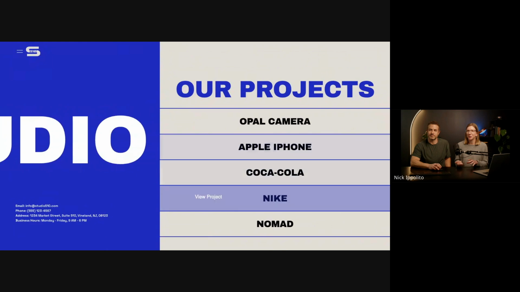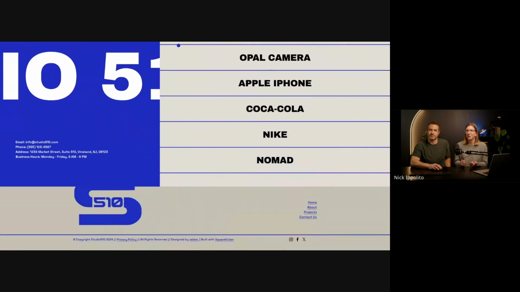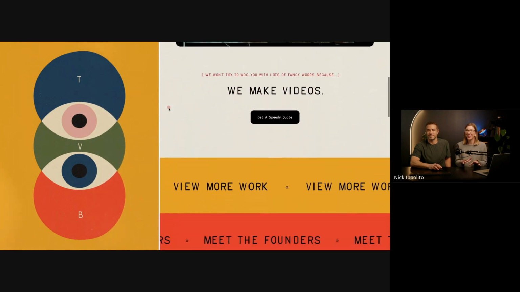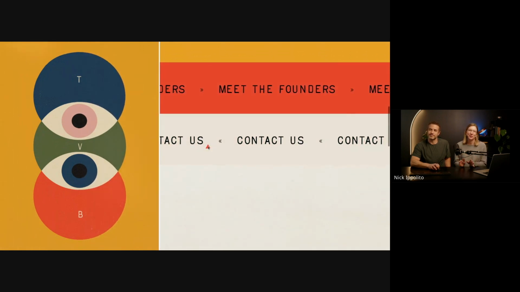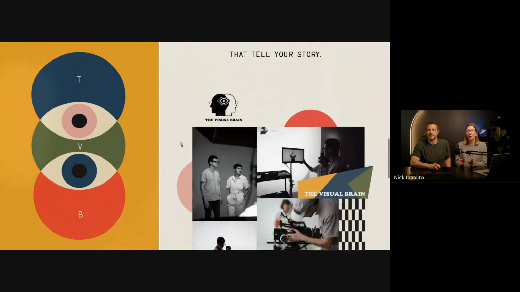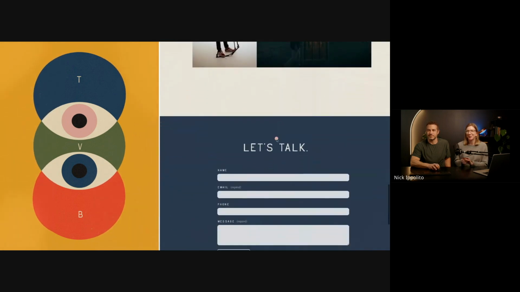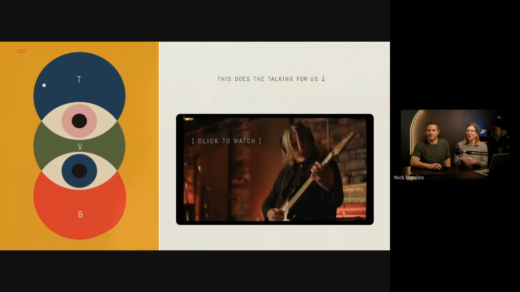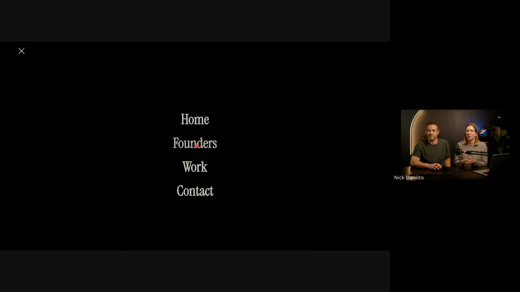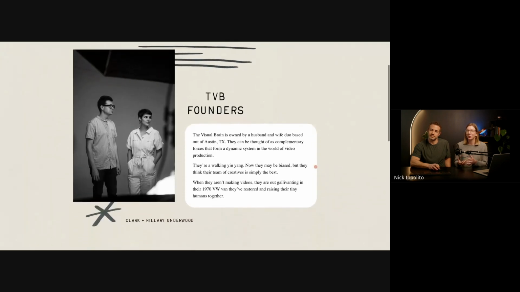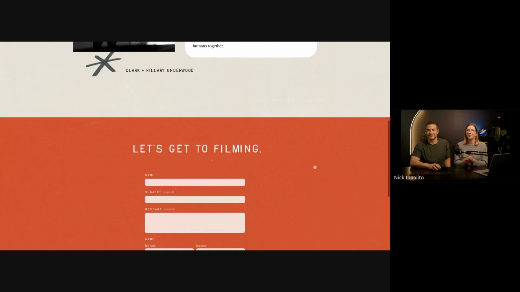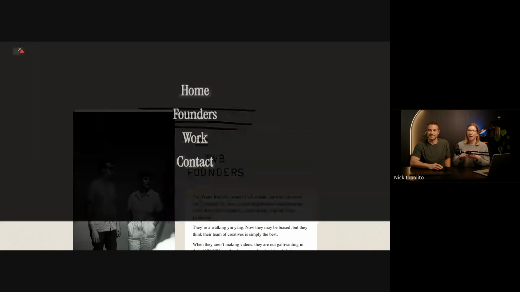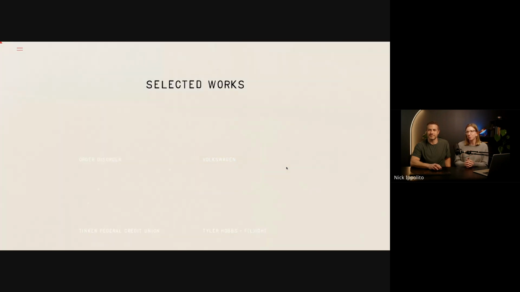So if we jump on now to someone who has purchased this template, Clark, and he's made the visual brain. So you can see some hints here of what that template looked like, but he's put his own spin on it and it looks like something completely new and completely fresh and perfectly fits his brand. So he has actually made this one for himself. It's not a designer that's created this. He's an artist and he's used this template to build out his own work. And we just think that's a really cool example. Clark, sorry, I called him David, didn't I? Clark. It's a really cool example of how you can take a template and customize it and make it your own.